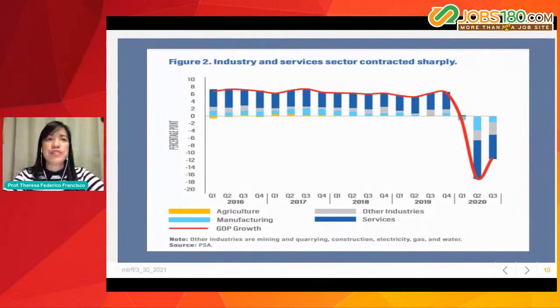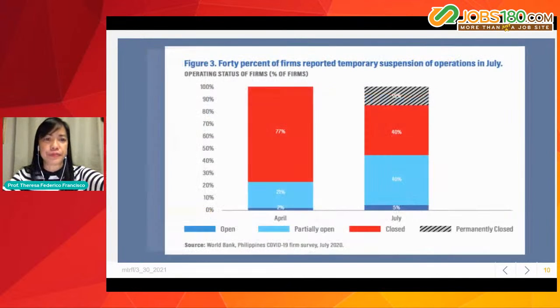This is a graphical presentation of the industries and services that contracted sharply. Manufacturing, services, and other industries contracted sharply in the second quarter of 2020, with hopefully favorable improvement in the third quarter of 2020. But then again, there are industries